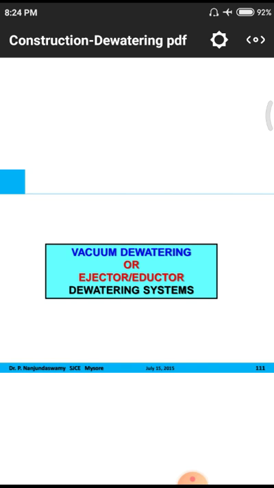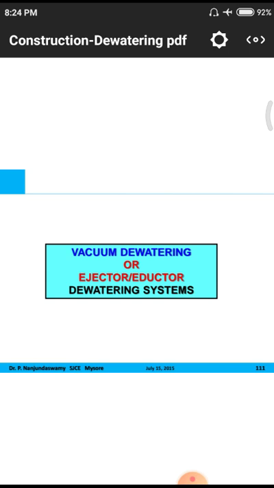In the previous classes, we discussed different things related to this dewatering. Those are single stage pumps and multi stage pumps. After that, well points, that means deep well points, were discussed. In those three things, we are mainly observing large pipes inserted into the ground up to a certain depth, that means where the groundwater was actually located and a huge amount of water was stagnated. Up to that limit, the wells are fixed.